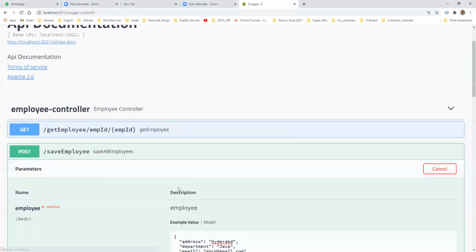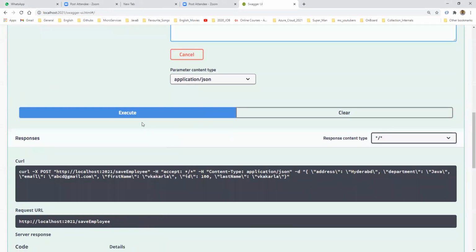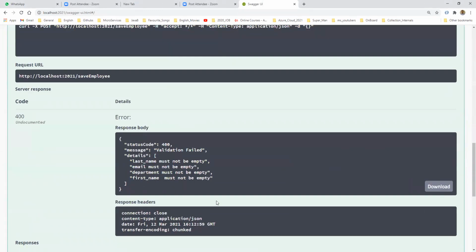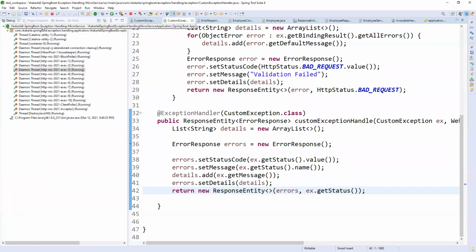Now I want to pass an empty object here. Simply an empty object. If it is an empty object, how will it be? See, status code 400, message validation failed, details: all the mandatory fields we defined inside this employee entity.